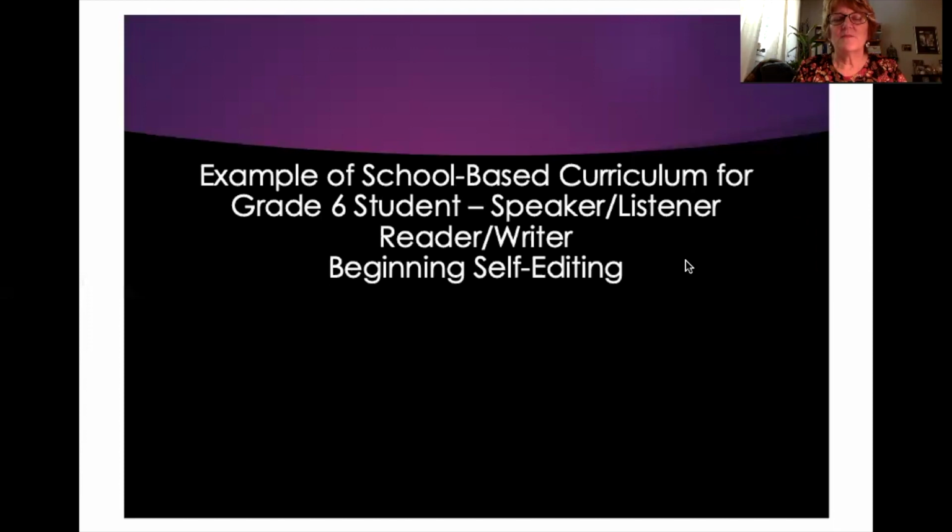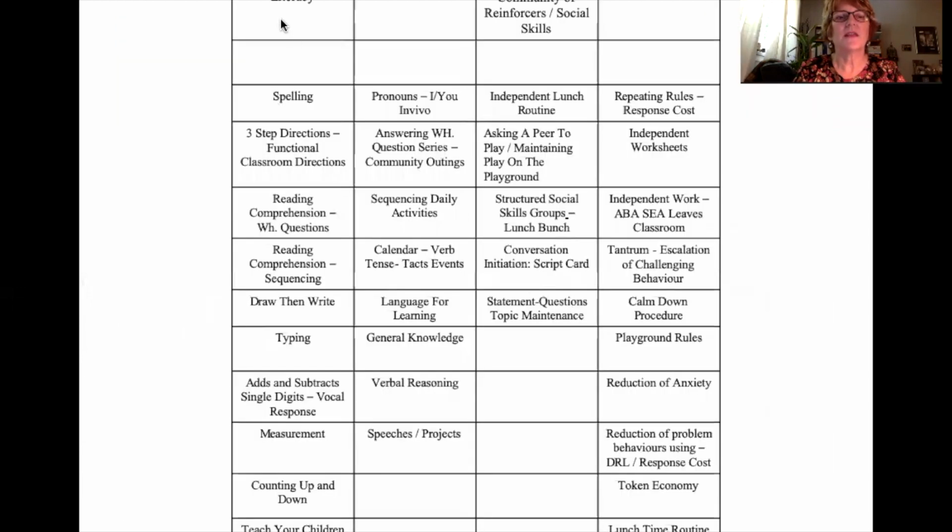And then here's some examples of programming for a grade 6 student. This is someone who can start editing themselves. So again, academic literacy, they can do spelling, 3-step directions, see how specific this is, typing, draw and then write, reading comprehension, and they'll be specific about what level that'll be at. And then you've got